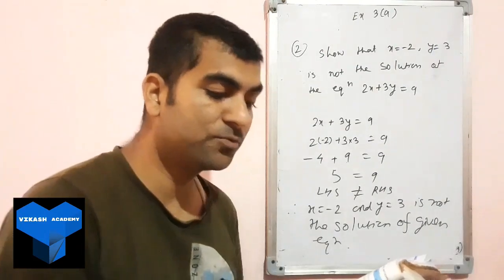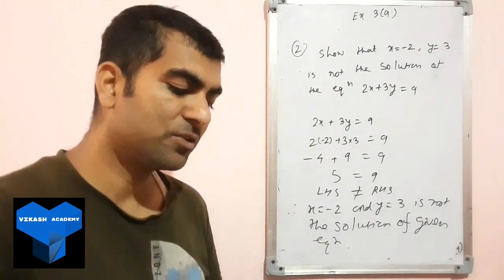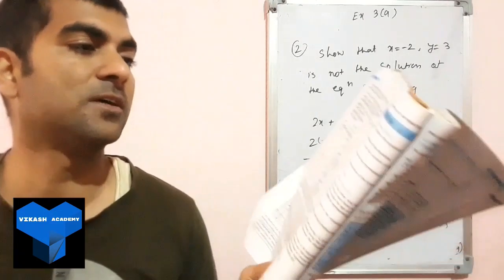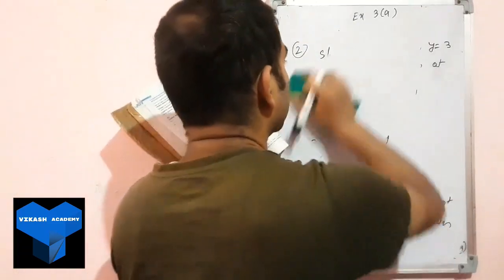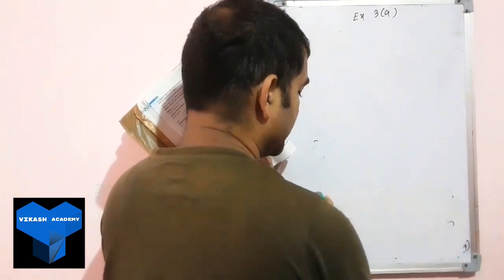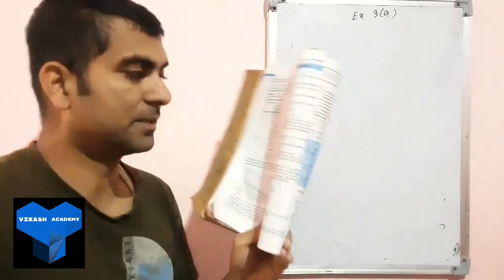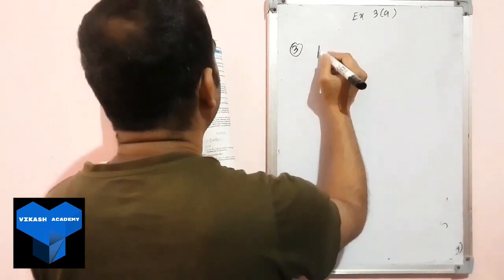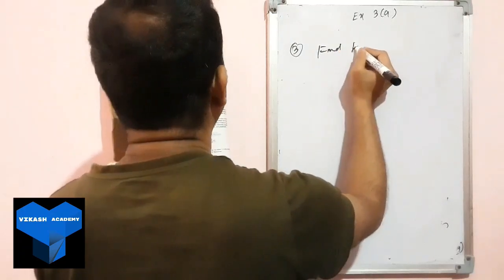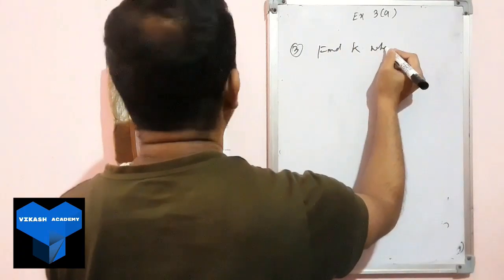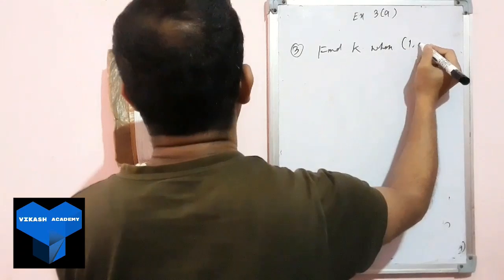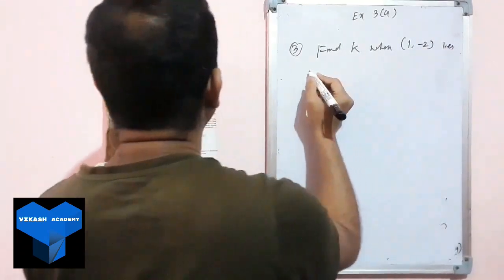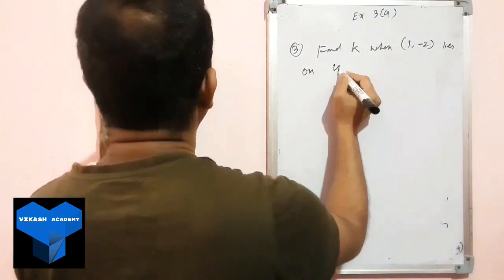Let us do one more sum from here. The other two more sums are here, so we will try to do both sums 3 and 4. Question number 3. They are asking: find k when 1 comma minus 2 lies on the line